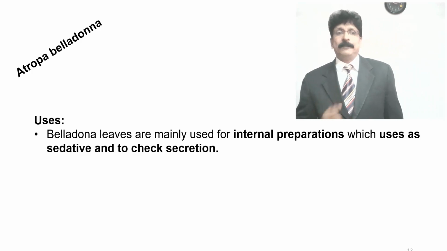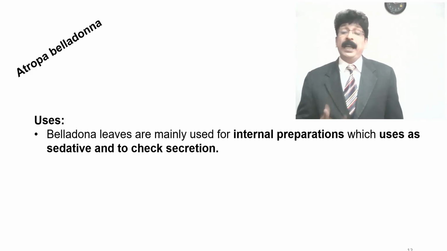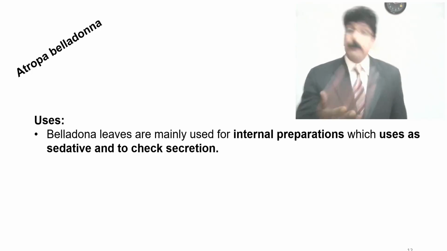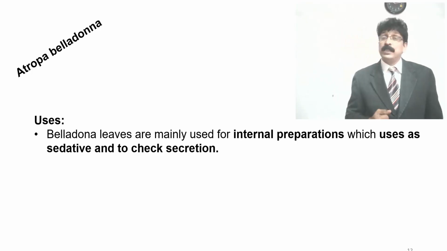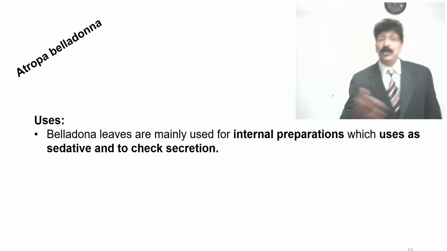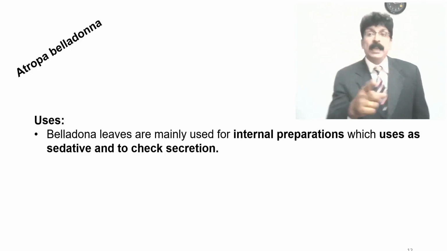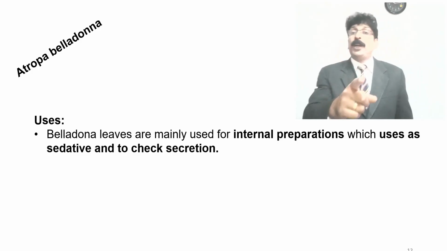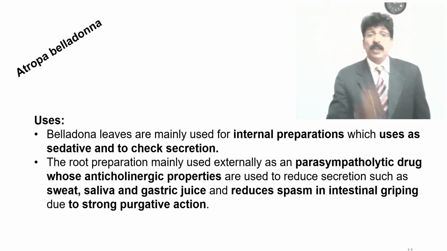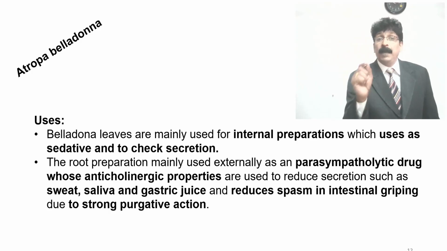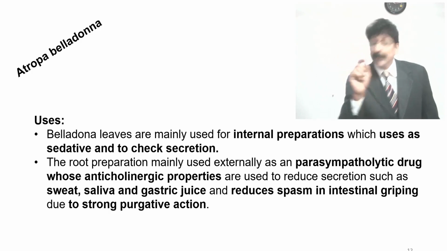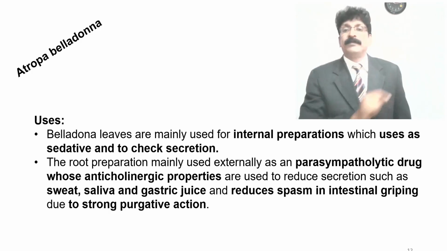So belladonna leaves are mainly used for internal preparation, which uses a sedative and to check secretions. Because it is an anticholinergic drug, it has more power to reduce the secretions. So the root preparation is mainly used externally as a